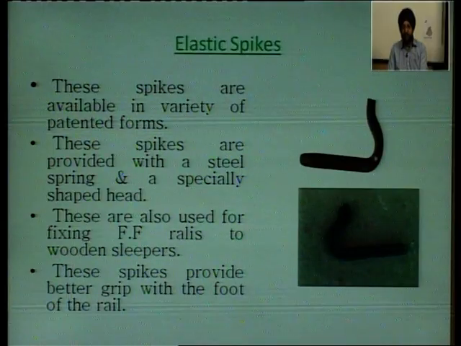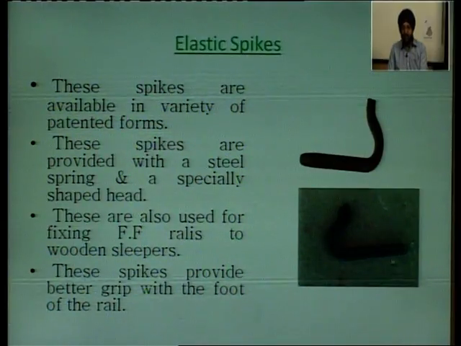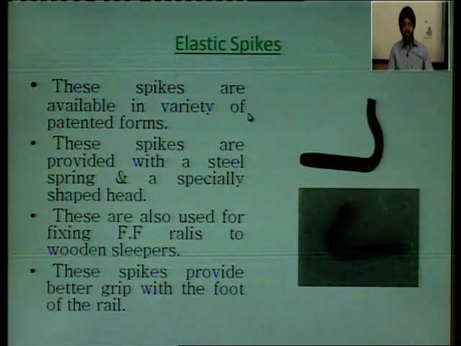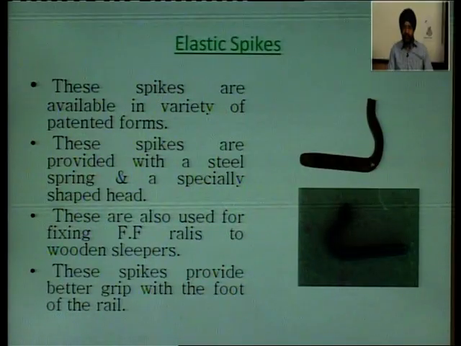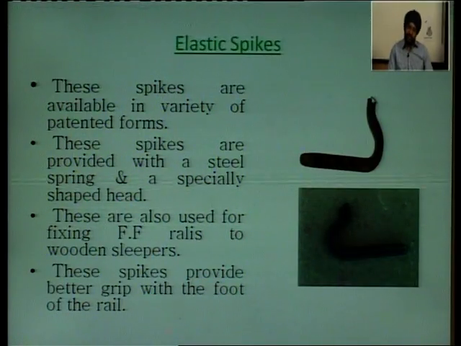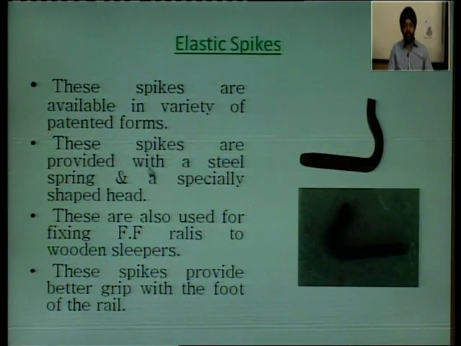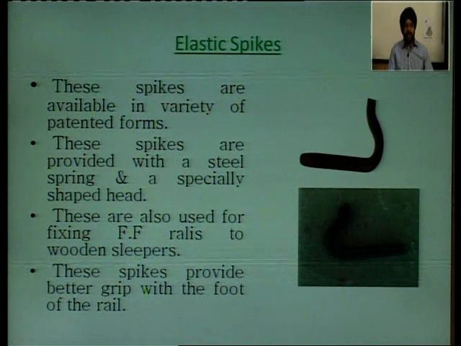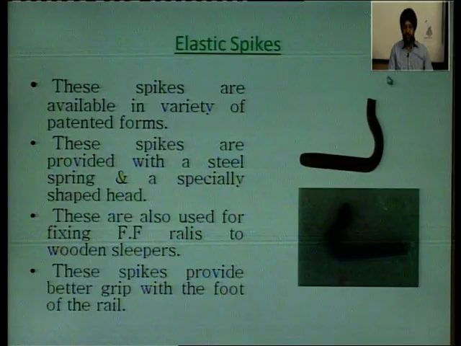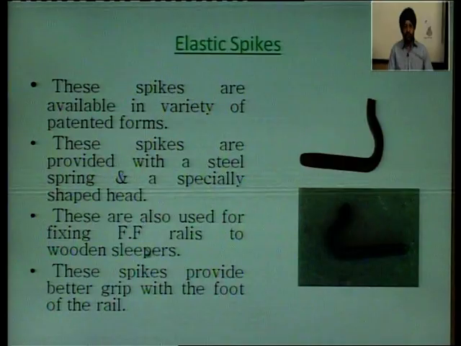Now coming to the elastic spikes, which are of a special shape. These spikes are available in a variety of patented forms. It's not necessary that the elastic spike is always in this shape; there may be a change in the shape. We have different patented forms. These spikes are provided with a steel spring. As you can see, these are two steel springs, along with a specially shaped head. These are once again used for flat-footed rails to wooden sleepers, and